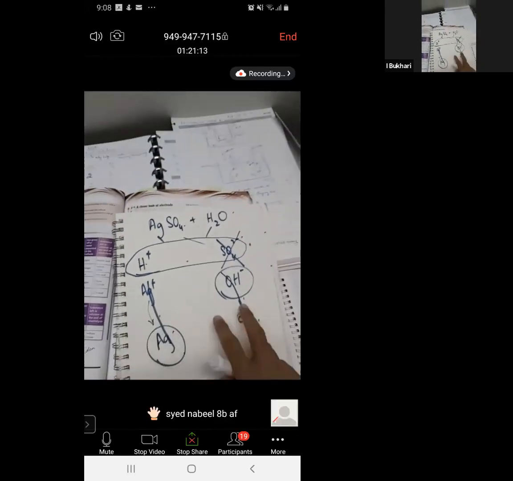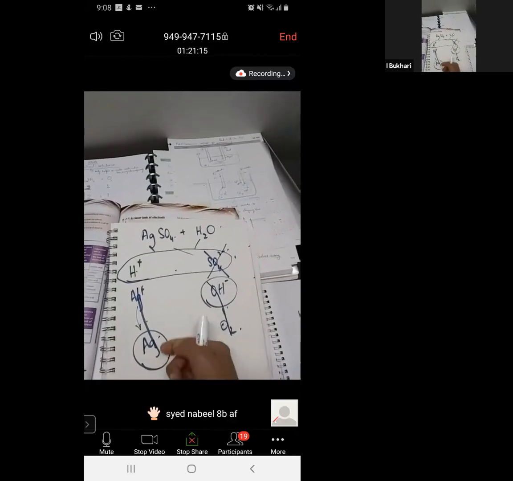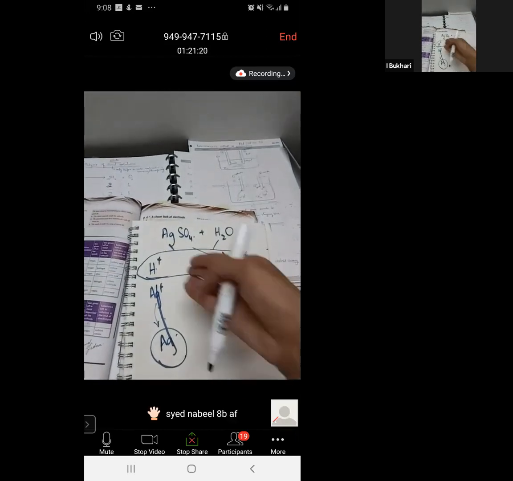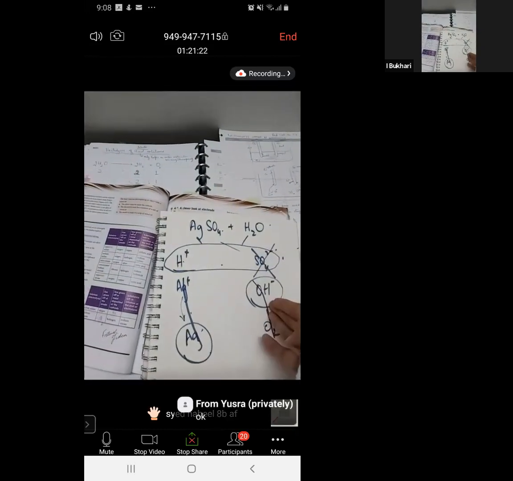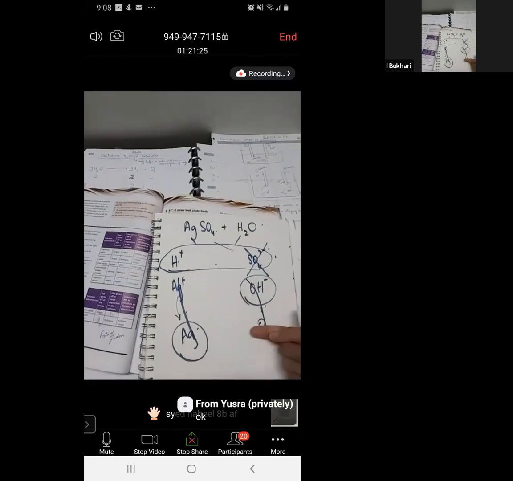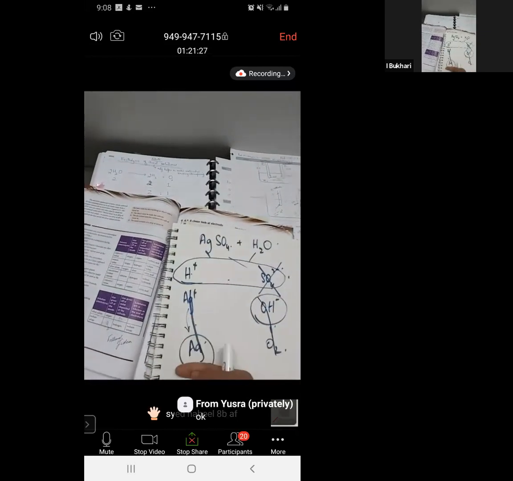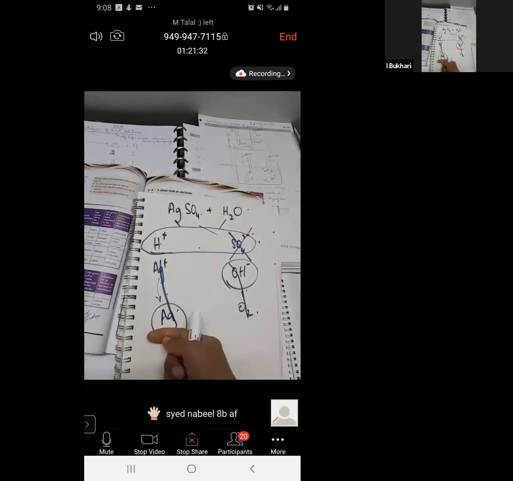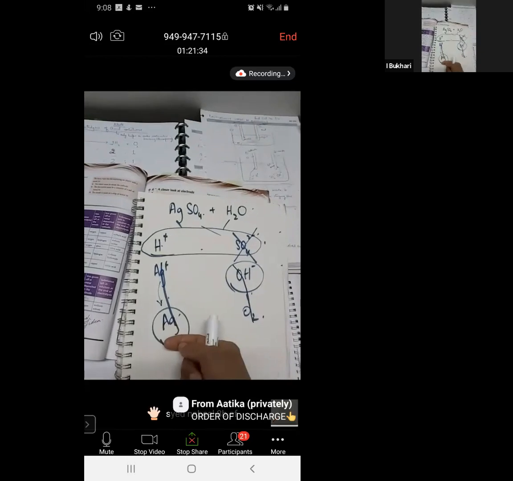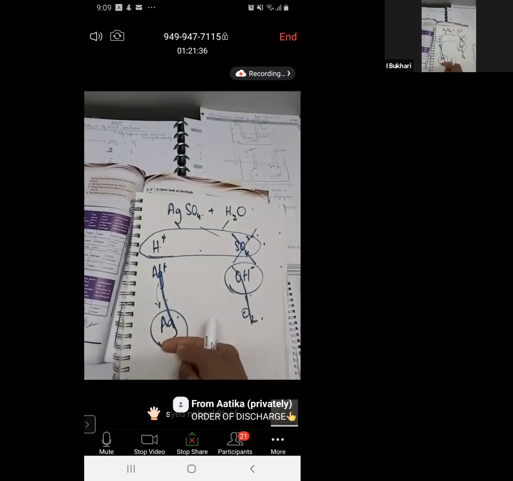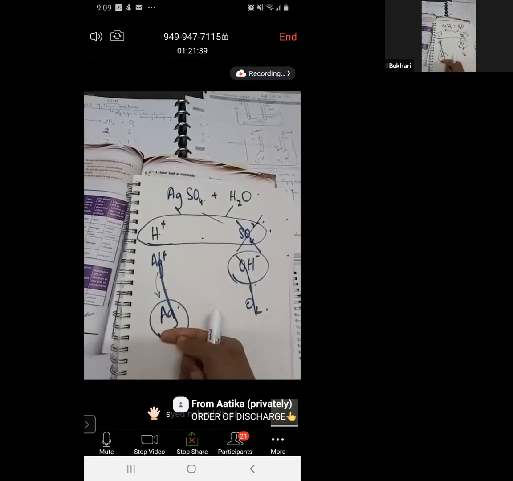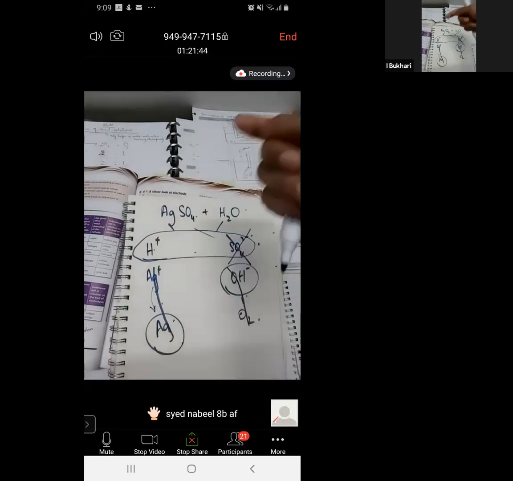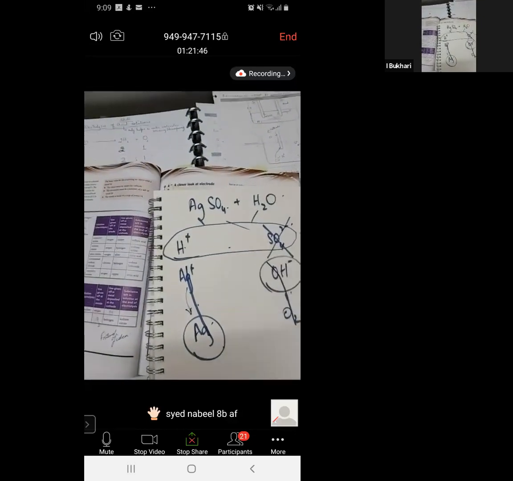Yusra, are you with me? I'm not making the electrolytic cell and showing you the whole thing. I have just written down the ions and the competition between them. Hydroxide will be released, so oxygen is released. Silver is less reactive than hydrogen in the reactivity series, so silver will be discharged, hydrogen will not. Yes, I will share the reactivity series, because I can only show you one thing at a time. I wish I could show it to you. It is written somewhere else.